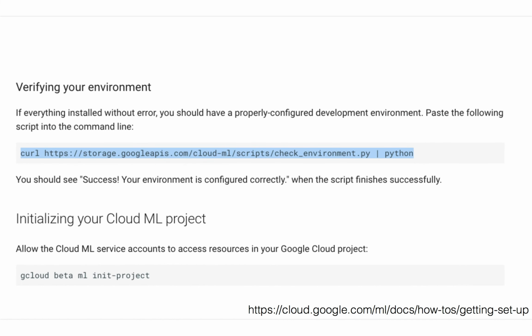Once you have set up the environment, you can test that all the environment settings are correct using this one single command. You can download this environment checking Python script and just execute it. Once we finish this setting and you see success from this command, then you can actually move